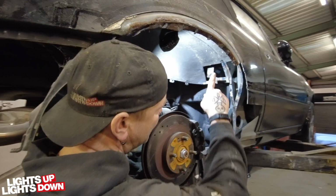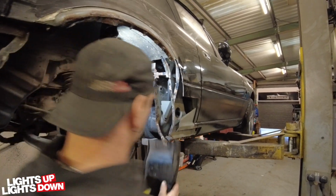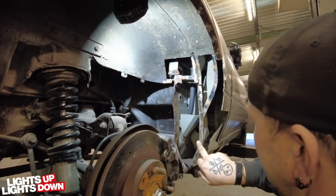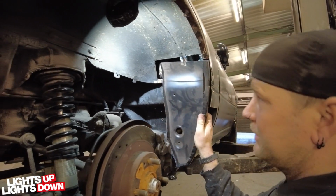Obviously there were quite a few patches put in place. So this is where this panel comes in. It's spot welded to these uprights here and down here. So if we put that into place where it's going to be, which is there, you can obviously see